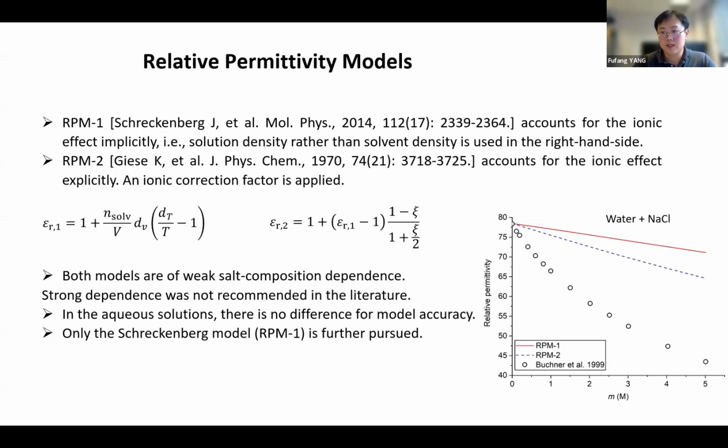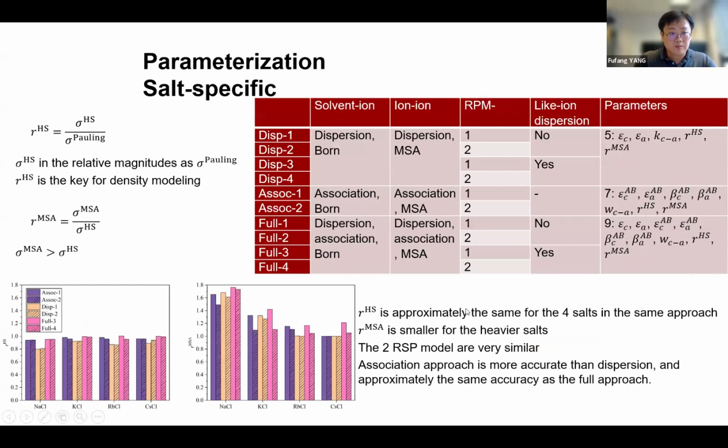They do not decrease as drastically as the experimental RSP data, but there is some literature that proposed that in electrolyte equation of state we should not use the experimental RSP because a part of it is not thermodynamic. And we compared all of these approaches. We regressed the parameters for the 4 chloride salts in a salt-specific approach, just to see how the parameters behave. And we find